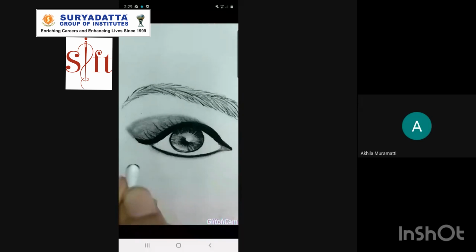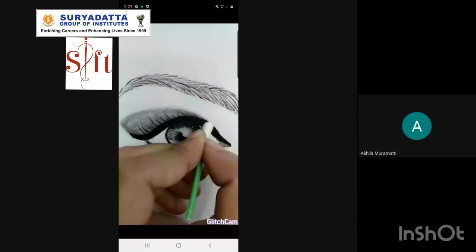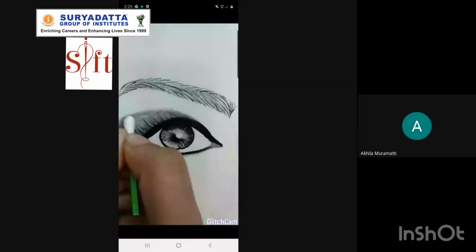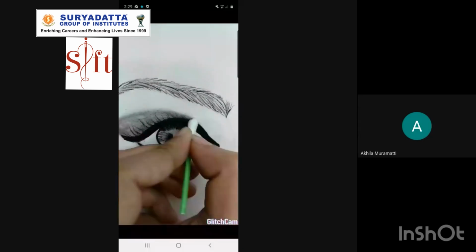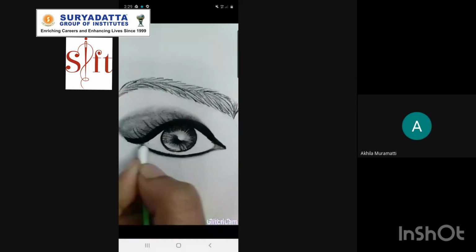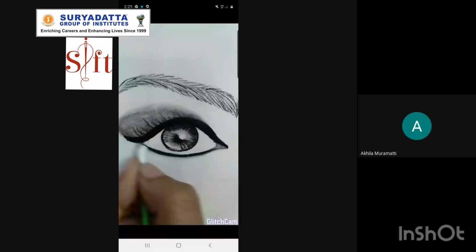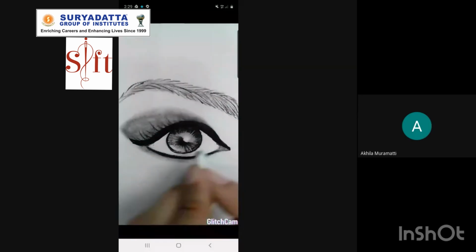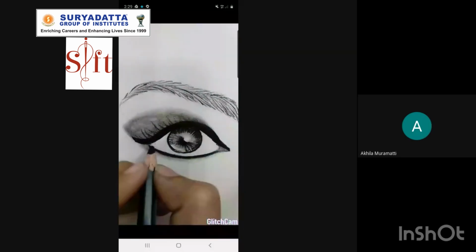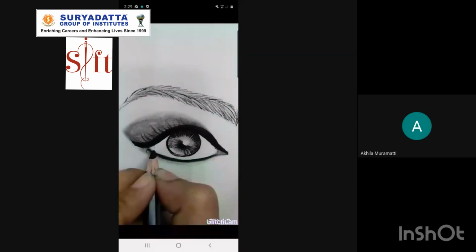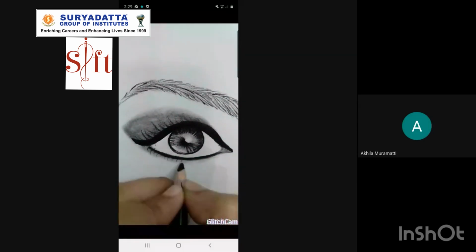Again, I suggest you use a paper or any kind of sheet under your hand, so the charcoal dust won't mess up your whole artwork. These are the lower lash lines, very thin and small.